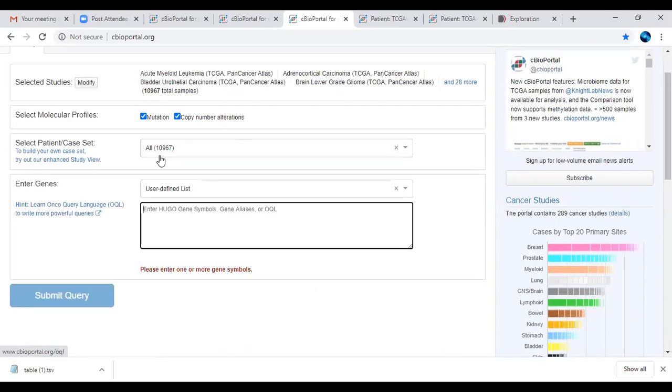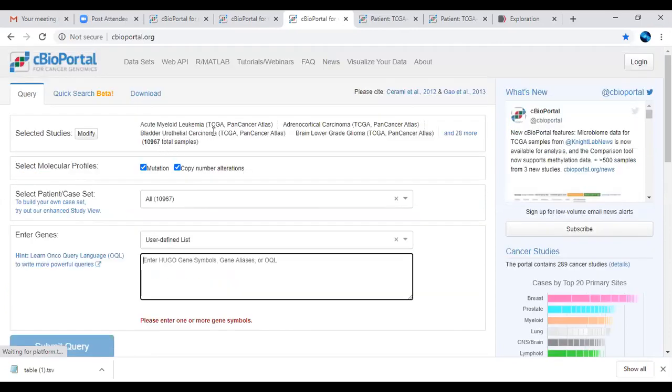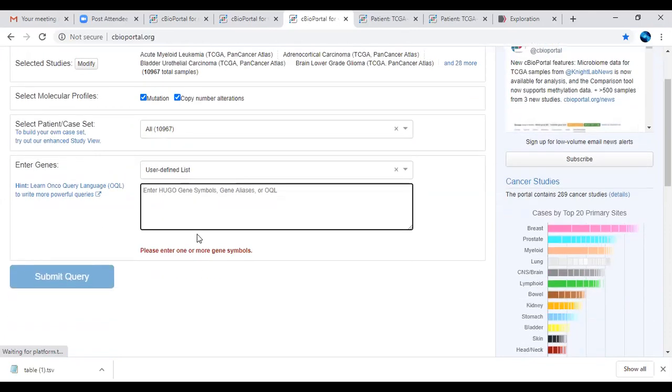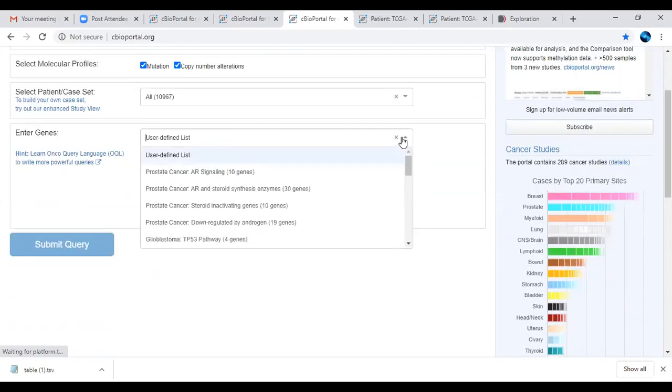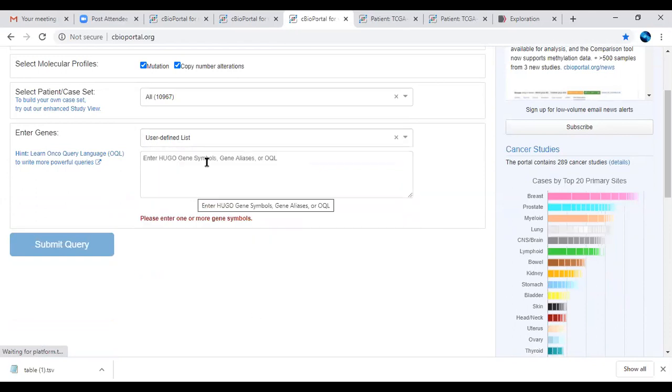It will find the analysis with respect to overall 32 different types of cancer. Based on the mutations and copy number alteration, the data will be annotated. Here you can see the sample has been selected, and you can also see this option, user defined list, or you can also visualize your particular gene of interest by using this drop down option, if you don't have your particular gene list.